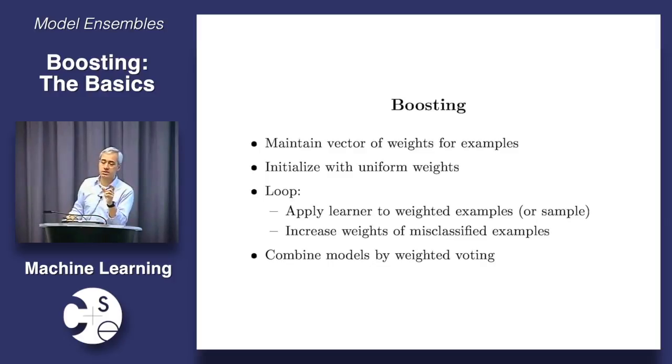Their question was, what is the relationship between weak learning and strong learning? Weak learning is when my learner is just slightly better than chance. So a weak learner is a learner that is 50 plus epsilon percent accurate, assuming the base rate is 50%. And the strong learner is a learner that's 100 minus epsilon percent accurate. Now, what you would like to have, of course, is a strong learner. What you have most of the time is a weak learner. And their interesting theoretical question is, are the two equivalent?